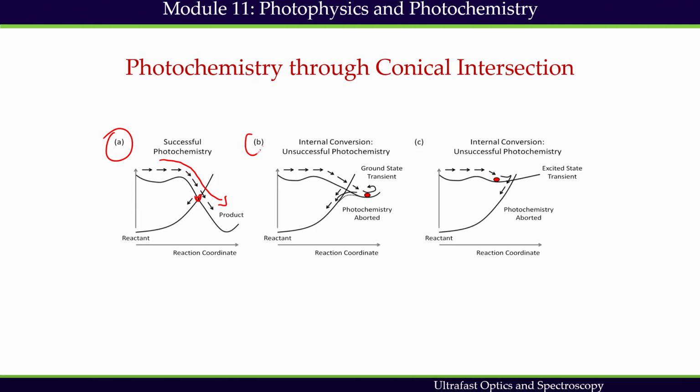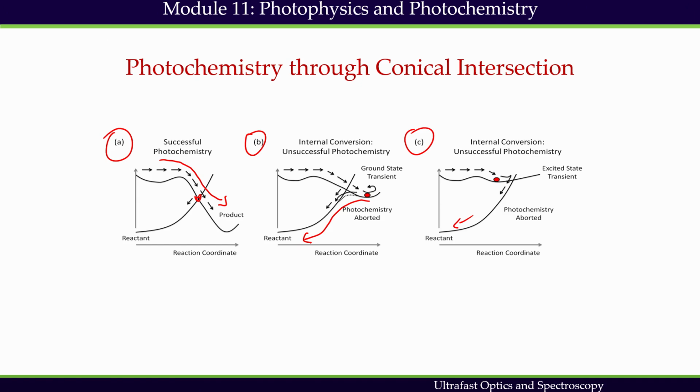In path B, if I have a feature like this, then what might happen is that the photoproduct may come back to the reactant side, and that can introduce internal conversion only. And path C, what we see here, it can abort the photochemical reaction near the conical intersection because it is directly coming back to the reactant side. So what is the topographical feature of the conical intersection and overall excited state pathways that controls the photoproduct or the